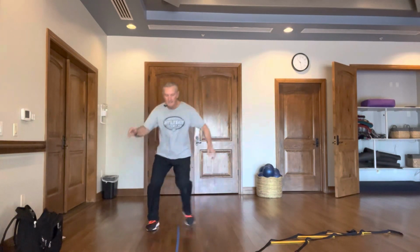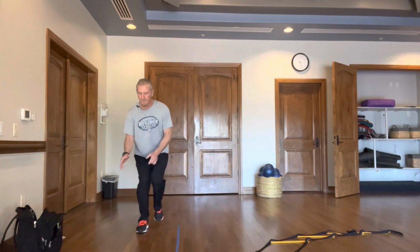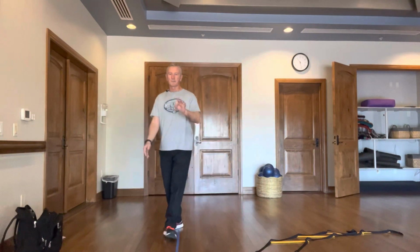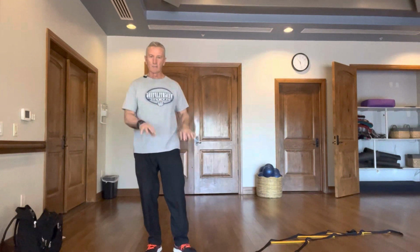So it's not going to be sloppy. We're going to work on controlling there, loading up, and exploding back. So those are three simple agility drills, training to help with your footwork in whatever sport you do that requires movement,